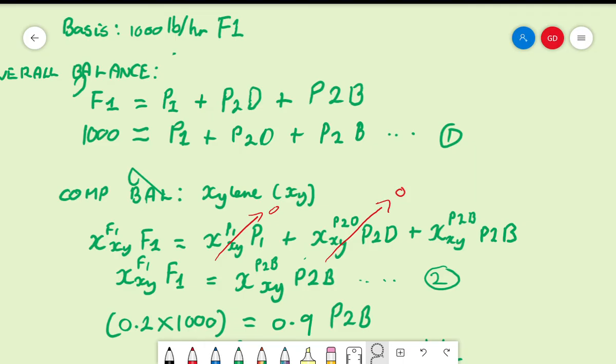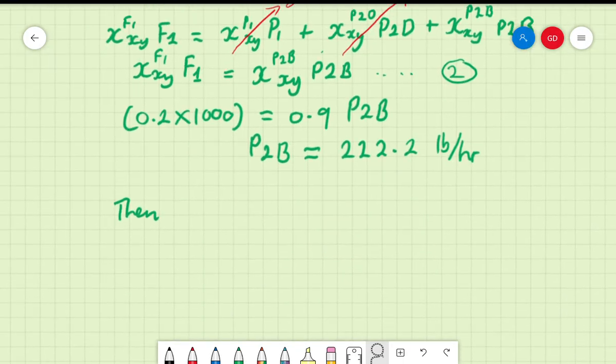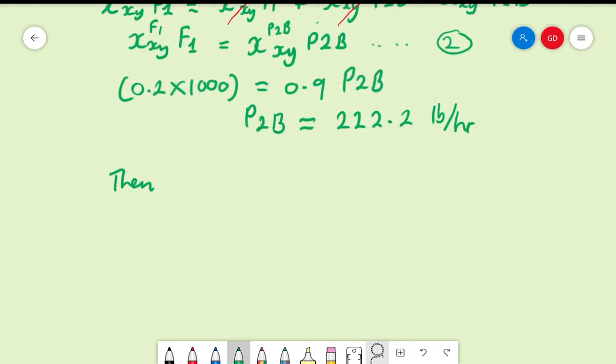We also know this one, F1. So we can simplify this equation. So then we go back to equation 1 and simplified becomes,